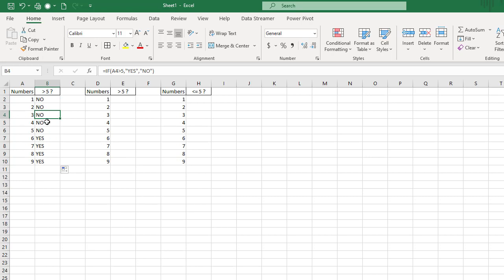3 greater than 5, no. 4 greater than 5. Is 5 greater than 5? No, 5 is not greater than 5. 6, yes, is greater than 5, 7, 8, and 9. So we have that. The other way, by the way, I can copy these down is I'm going to highlight